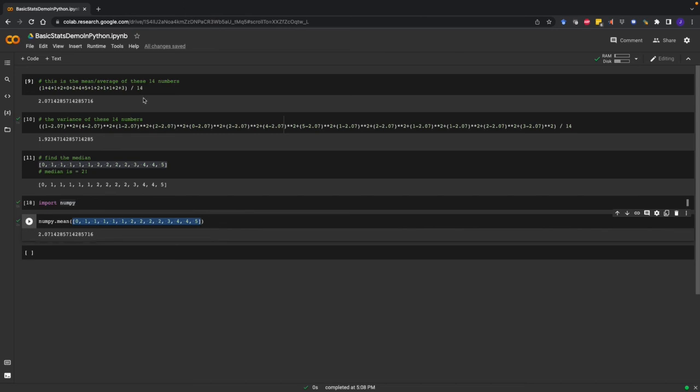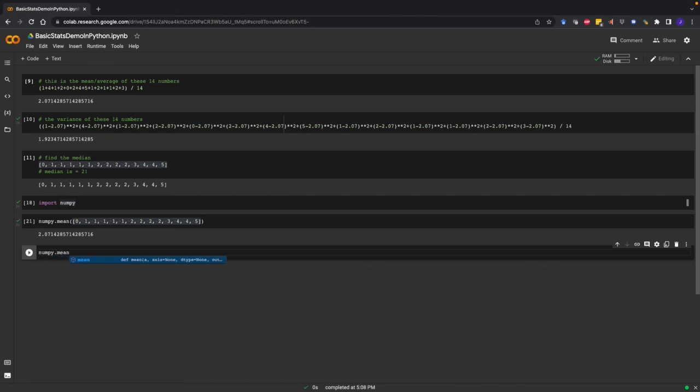Now in this case, I'm not sure whether it was easier to calculate the mean of these numbers by hand or using the Python function, but you can see how to do this, and for much larger data sets, this is going to be a very useful thing for us to be able to do, to calculate the mean of a bunch of numbers without having to do it all by hand. The other thing that this allows us to do is to use all sorts of other